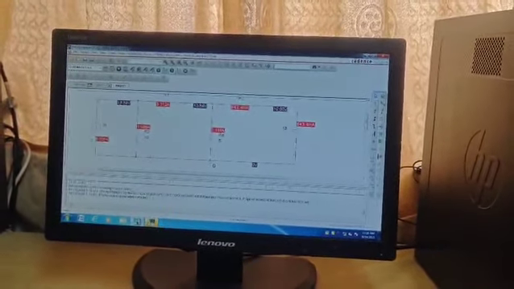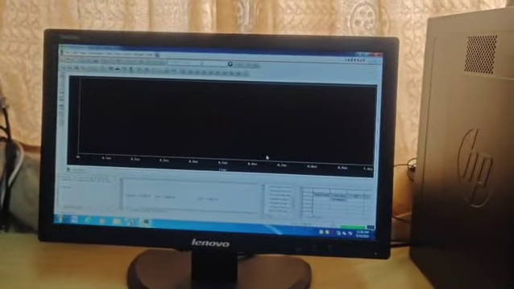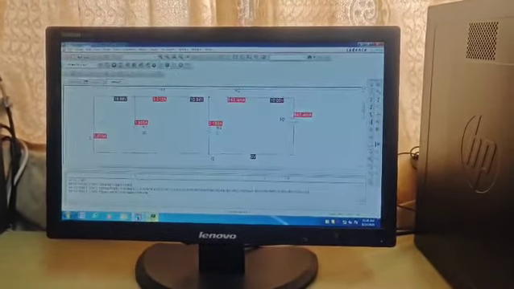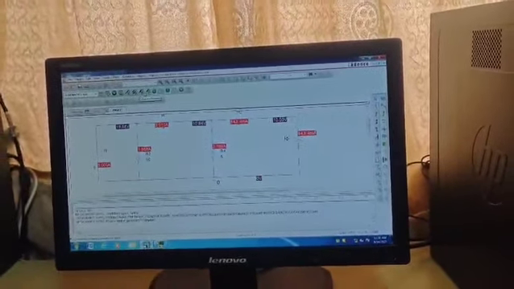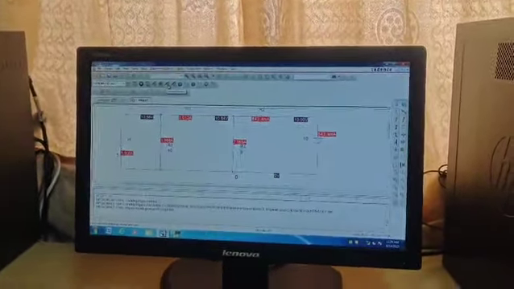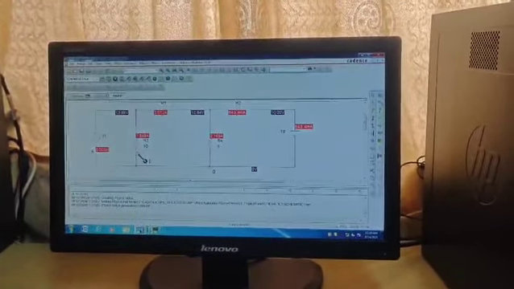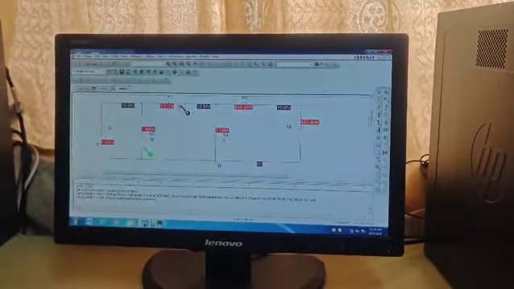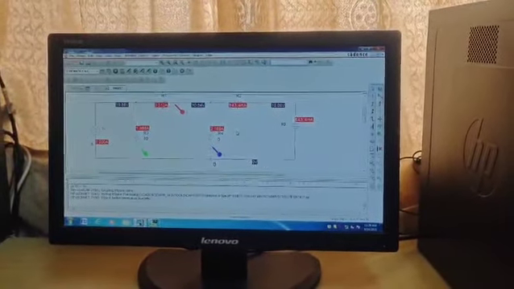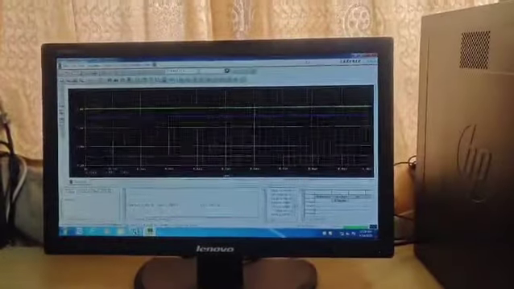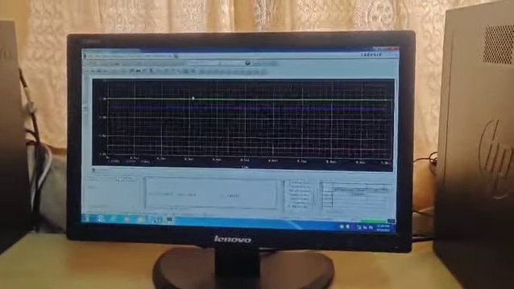Okay, but now you see the graph is empty. For that you have to place the markers here. This is a voltage marker and this is a current marker. So select a current marker and place it wherever you want to measure the current. Okay, 3 resistors, and now this will show the current flowing through the resistors.